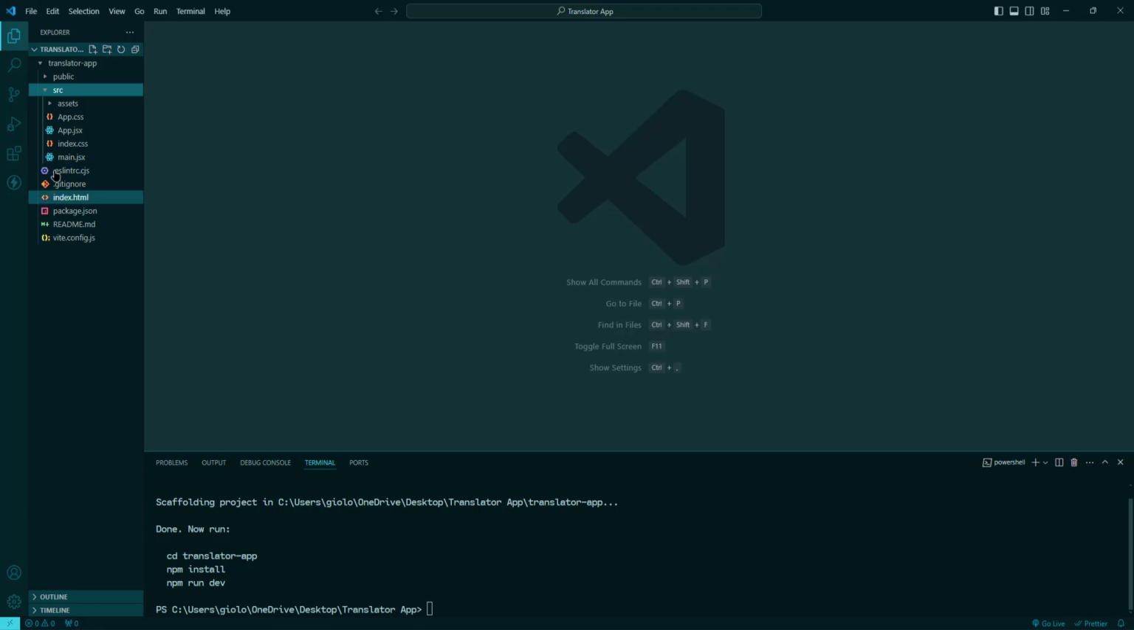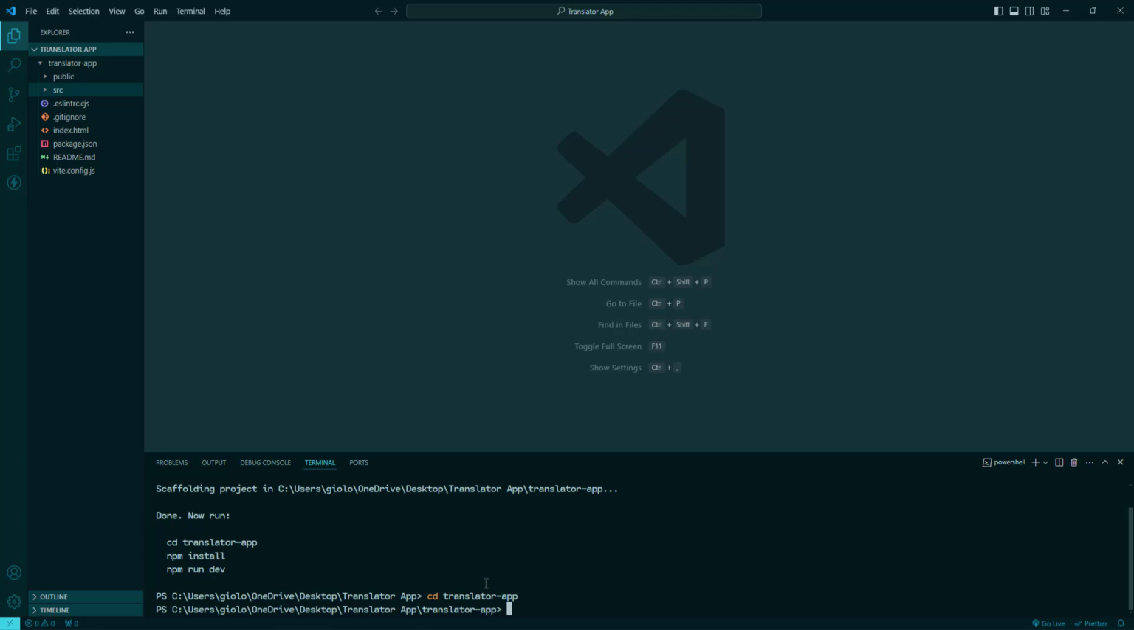Next, we have to install Tailwind CSS. First of all, I'm going to enter the folder that we have created. I'm in the Translator App folder. So in order to enter the folder, we need cd followed by the name of the folder. It's going to be Translator App. And now we have to install Tailwind CSS. So we have to run npm install,